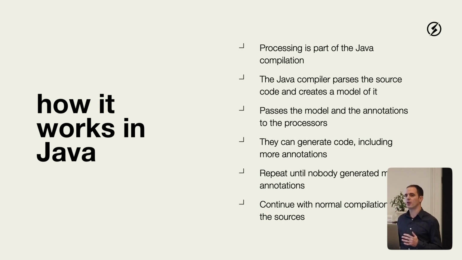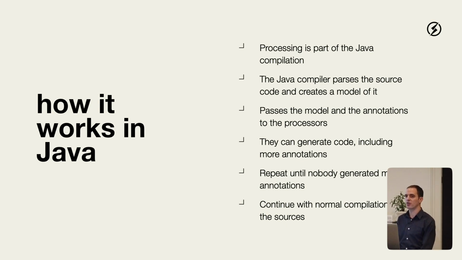structured into rounds. So if somebody generated a new annotation and there is somebody who can still process it, then there is a new round. And this is repeated until there are no new annotations at all, or there is a compilation error, and then it will fail. So if we have a successful compilation and nobody generated new annotations, then we can finally resume